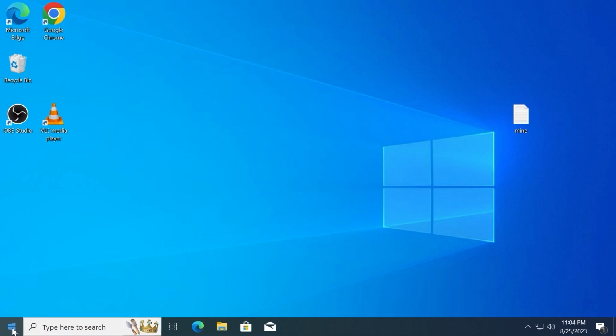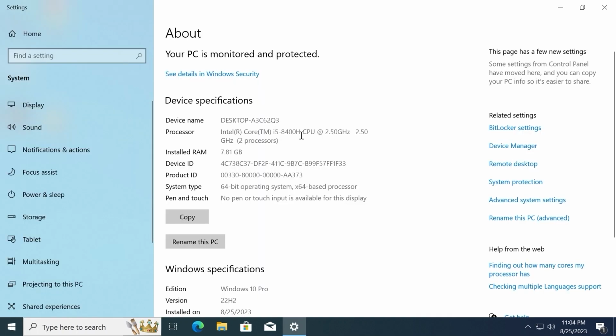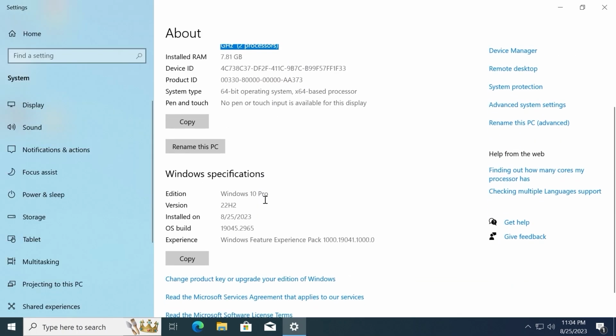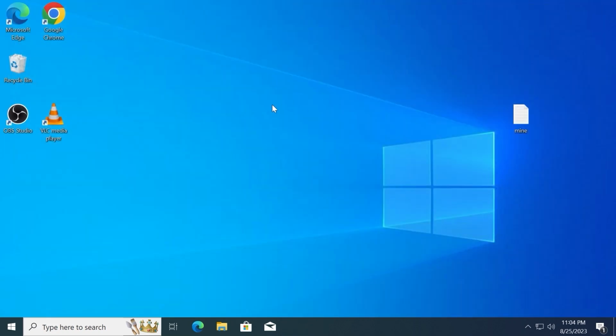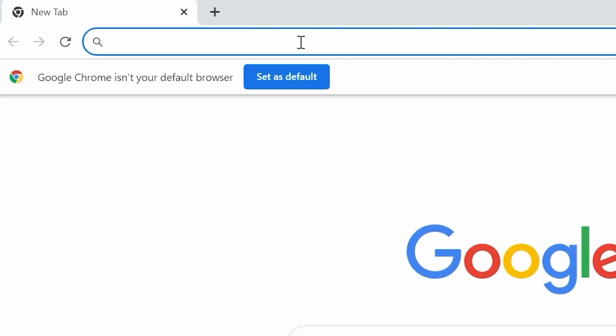First of all, I will show you the version of Windows 10. I will click on the system. As you can see, I have an Intel Core i5 processor and Windows 10 Pro 22H2 version. So now we can close this window and we need to open a browser. In my case, I will open Google Chrome browser. The thing is, to download the latest Windows 11 23H2 version, which is only in pre-release, we need to go to the UUP dump net. We need to type UUP